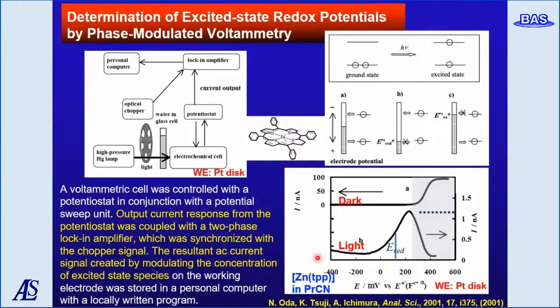The potential of the photoexcited molecule was measured using the phase modulation voltammetry technique because it is necessary to observe the electron transfer between the photoexcited state molecules and the electrode. Normally, excited molecules in the vicinity of a gold or platinum electrode are considered to be quenched by the electrode, but it has been found that photoelectron transfer reaction in the excited state can be observed when the lifetime of the excited state molecules is long enough.